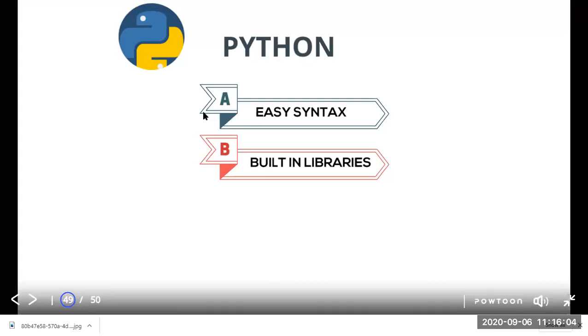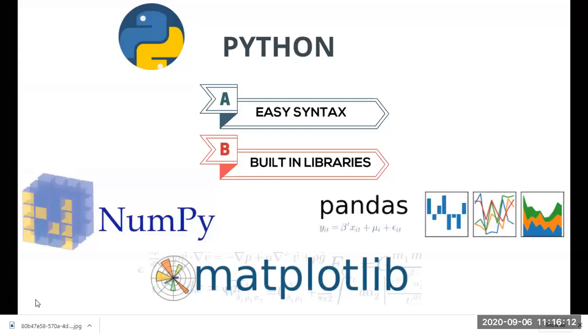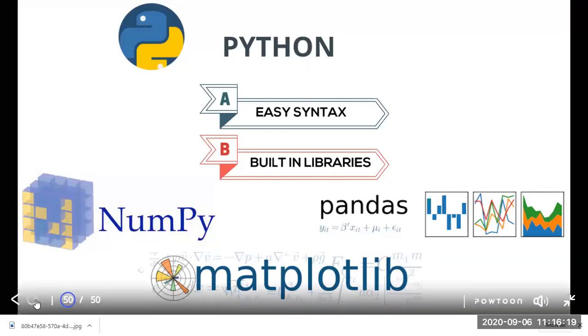If you just consider data science, what kind of libraries are used? There are plenty of libraries used in the field of data science. It might be NumPy, it might be Pandas, it might be Matplotlib, it might be SciPy. Like this, plenty of libraries are supported by Python. That is the reason Python is extensively used in the field of data science. Guys, at least, how many of them got the clarity about what exactly data science is?